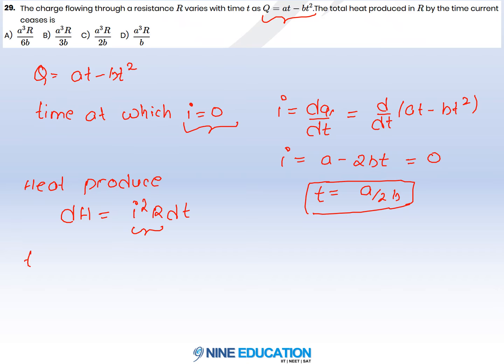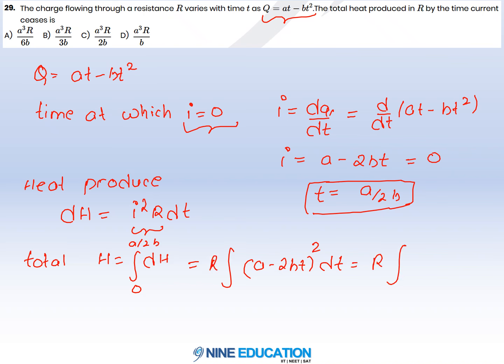So for total heat you have to integrate dH, starting from 0 to time t equals a by 2b. So just put the value of I as (a minus 2bt), and dt, whole square, R. So it becomes R times the integral, putting the limits 0 to a by 2b, of (a square plus 4b square t square minus 4abt)